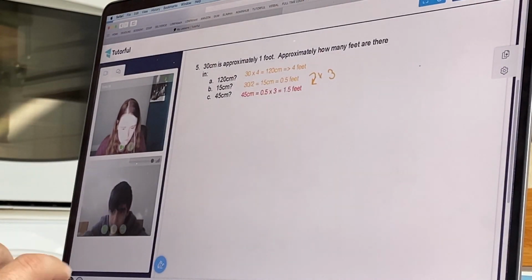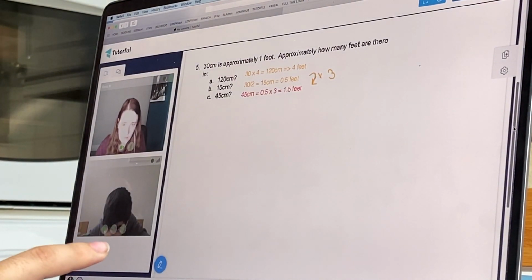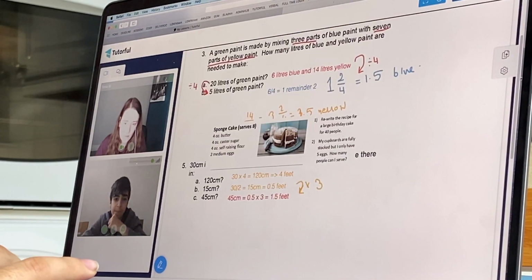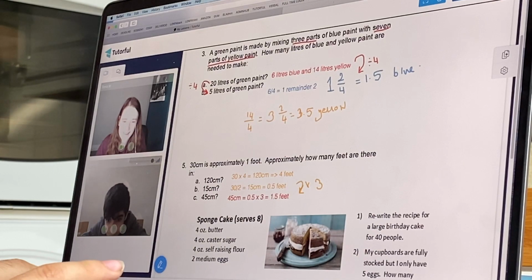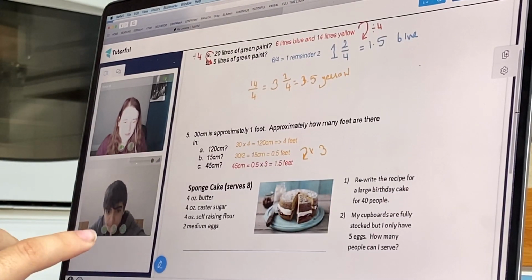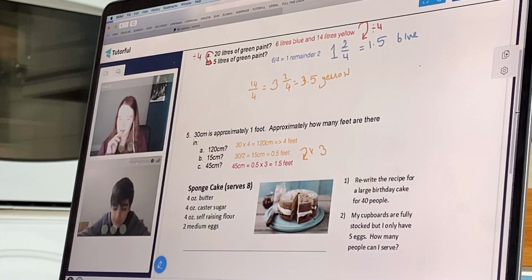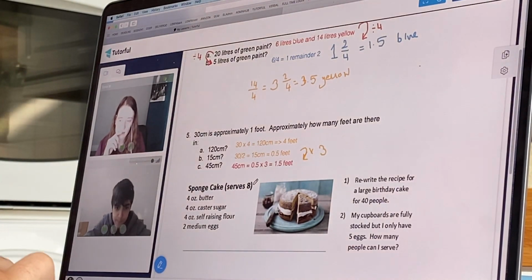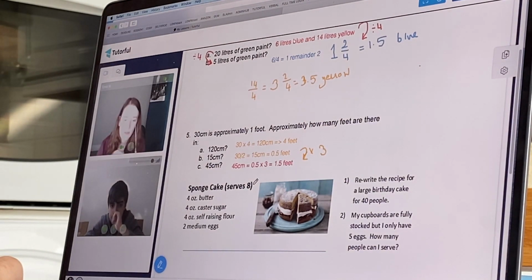Okay, I've got it. Yeah, you can see it. Oh, that was weird. It must have just been a mistake in the way it loaded. Okay. So it serves 8. 40 people. Okay, that makes 8. Yes, we need to rewrite this for 40 people, and what they've given us so far